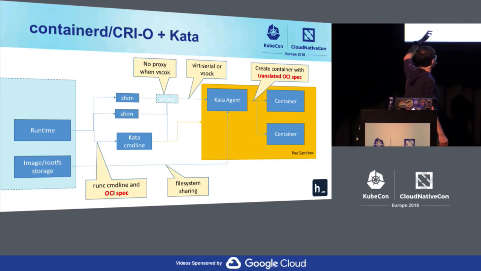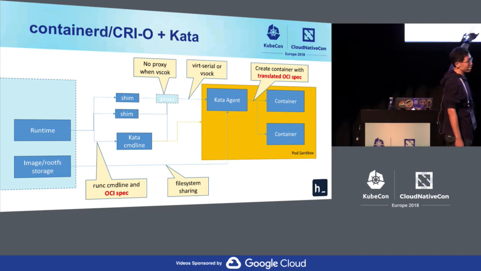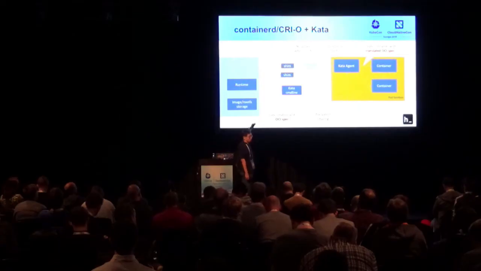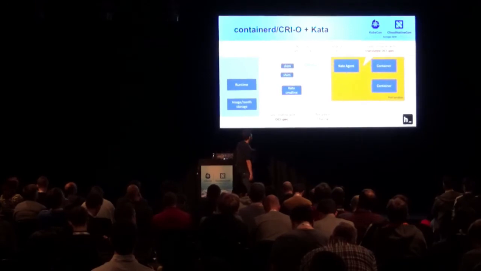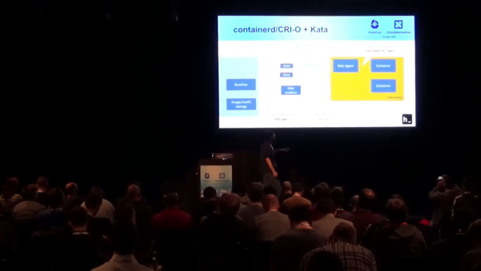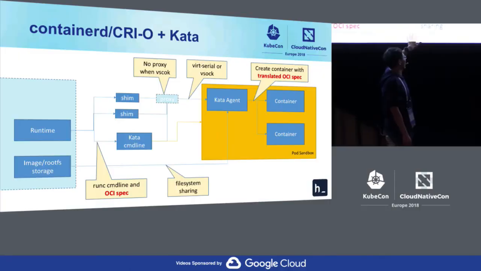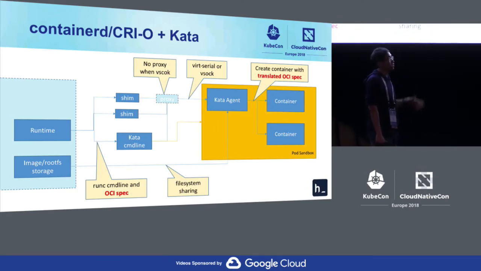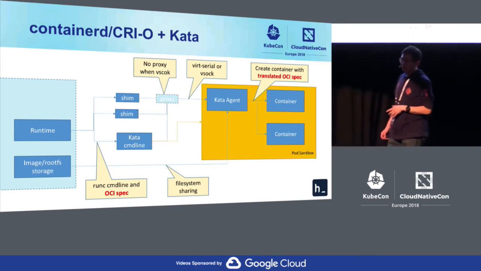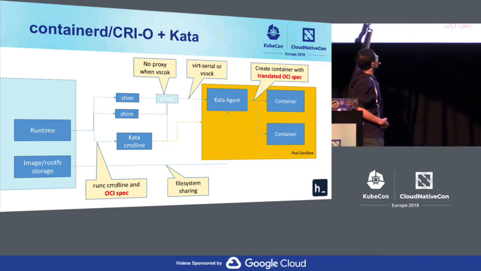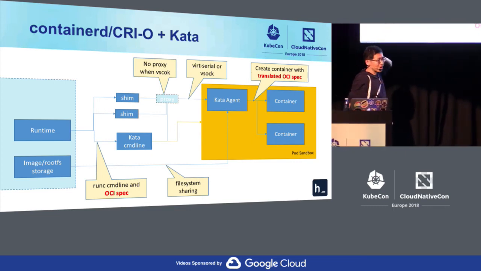Before the runtime works, the storage part will create the container root FS and use file system sharing to give the root FS to the sandbox, and leave the work to the agent. On the other side, the runtime will call the command line to first